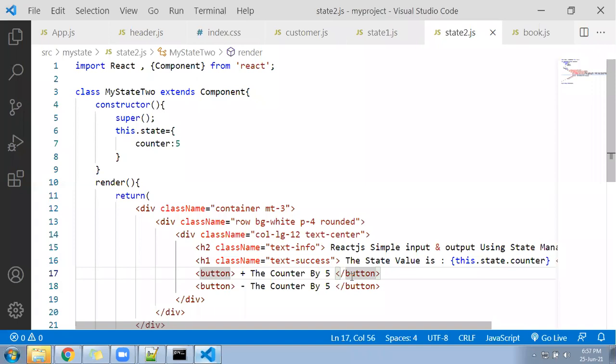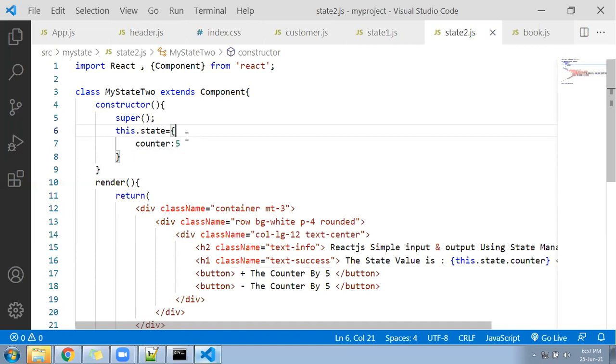When you click on the second button, you are going to decrease the value of the counter state by 5. But overall, in both cases, whether you increase or decrease, you are going to update the counter variable, which is inside the state. So indirectly, you are going to update the value inside the state.